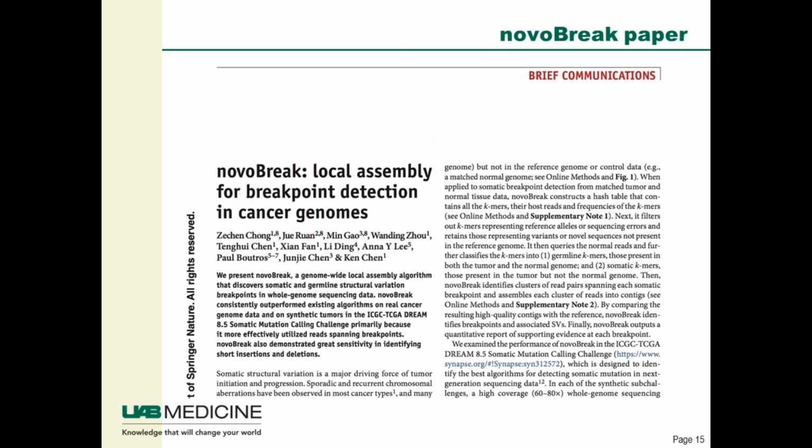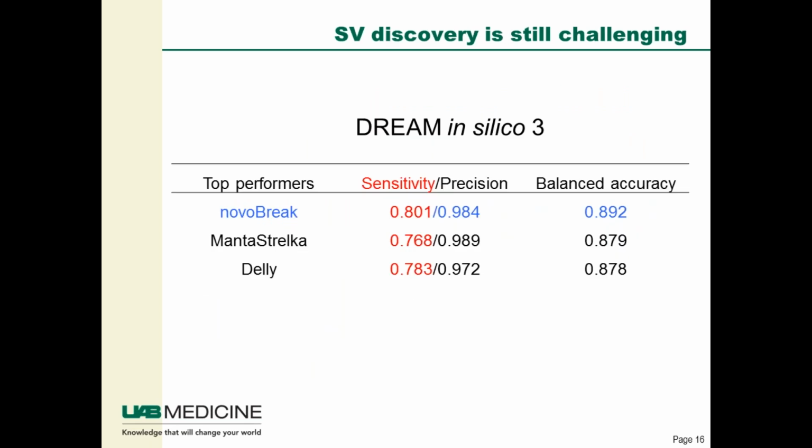The paper was published in Nature Methods. And although NovoBreak achieves very good sensitivity and specificity for structural variations on the Illumina short reads, we can see there is still a gap. It is still challenging to perfectly discover structural variations. We can see in DREAM in silico 3, the overall sensitivity of NovoBreak is only 80%. So there is a 20% sensitivity gap. On one hand, the simulation data is really challenging. On the other hand,